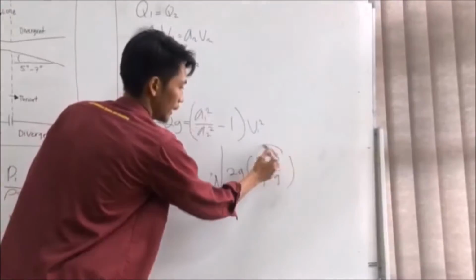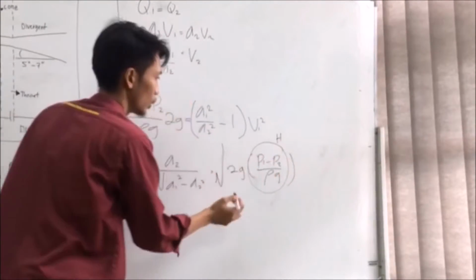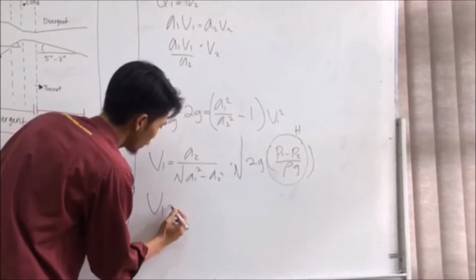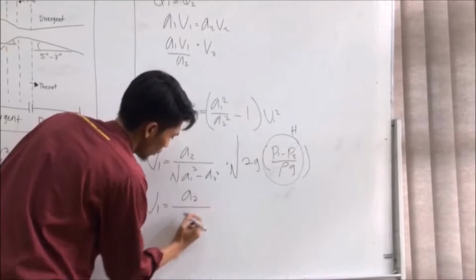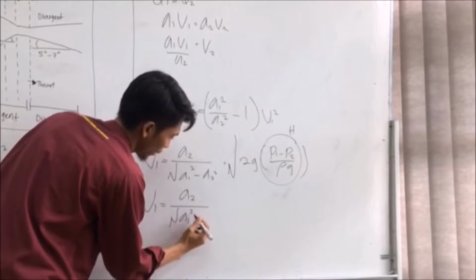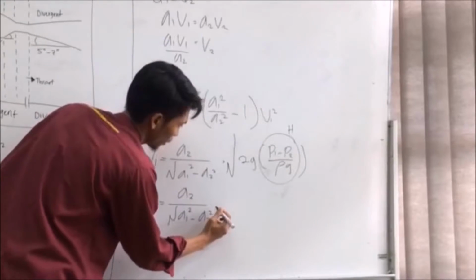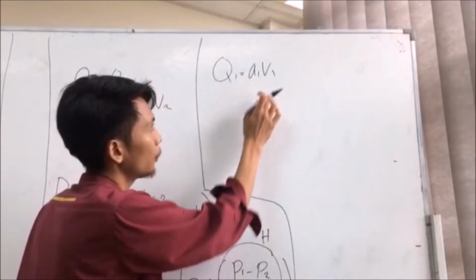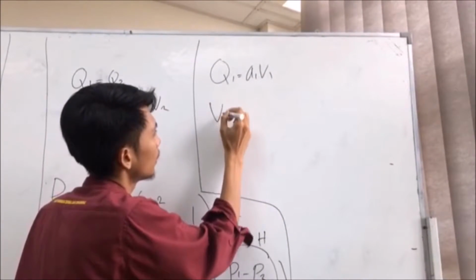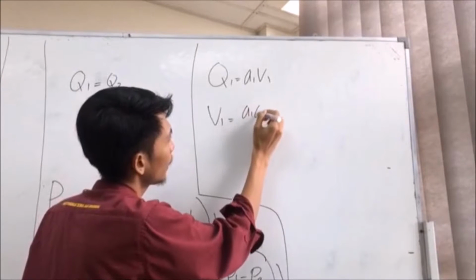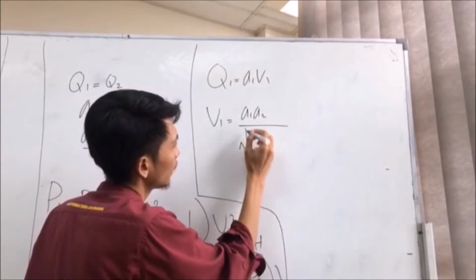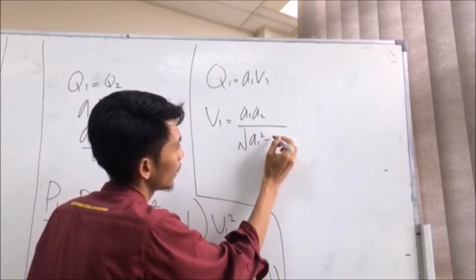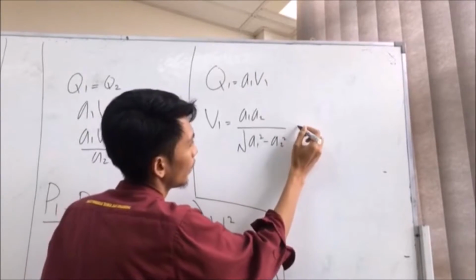We know that this is h. So we substitute into the equation where V1 is equal to A2 over the square root of A1 squared minus A2 squared times 2gh. We need to verify the V1. So V1 is equal to A1 A2 over A1 squared minus A2 squared